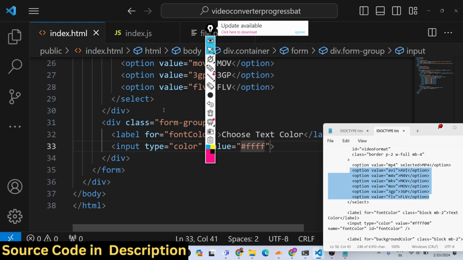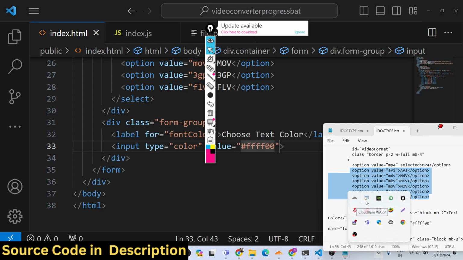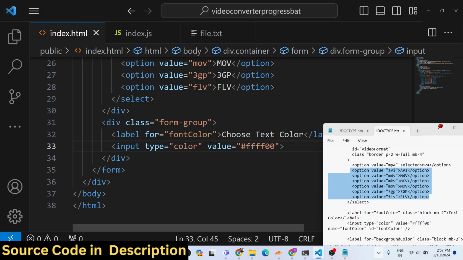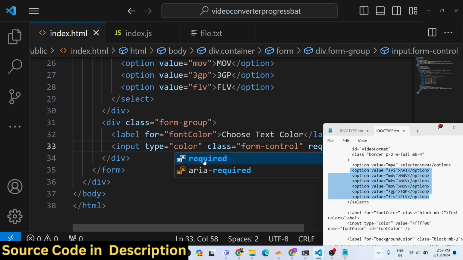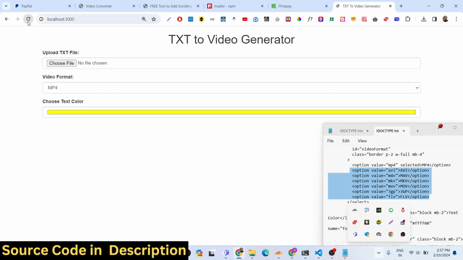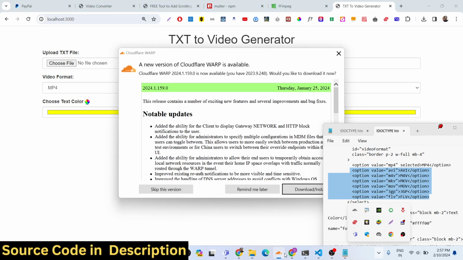Default color will be yellow, so this will be the hexadecimal color of yellow. We will give it a class of form control. So you can see that now we have this choose text color,